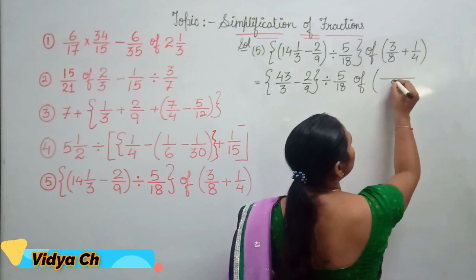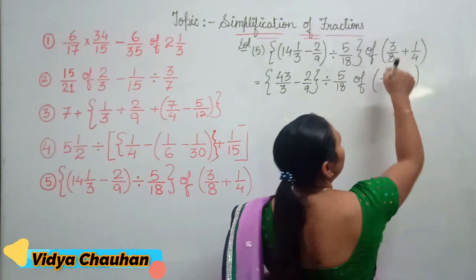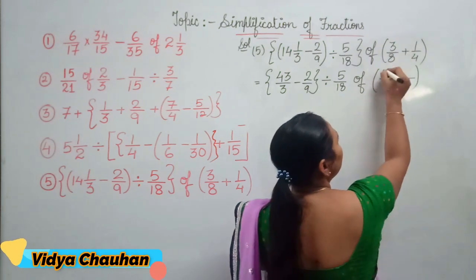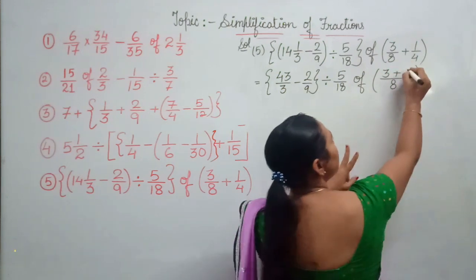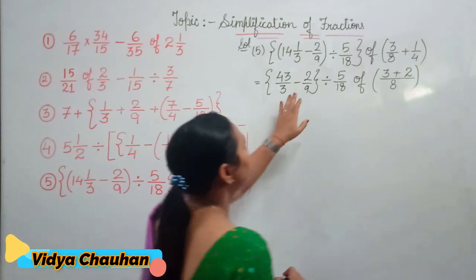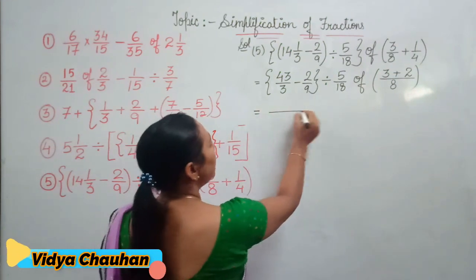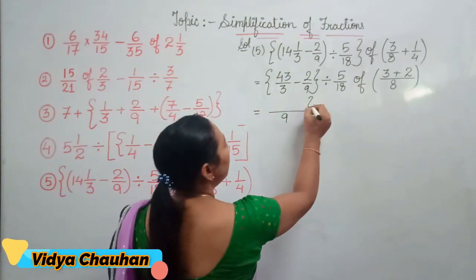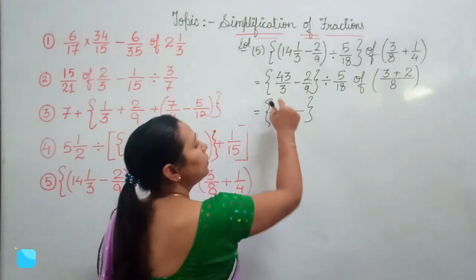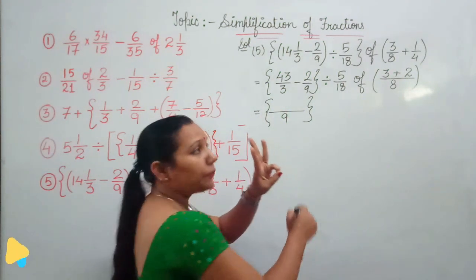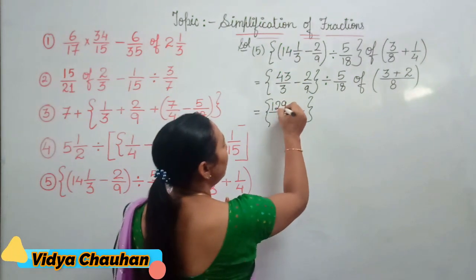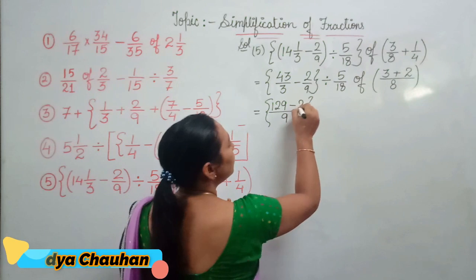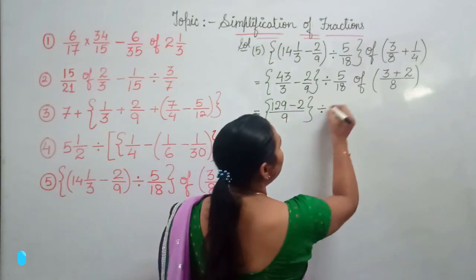8 and 4, LCM is 8. 8 1 times is 8, multiplied by 3 is 3, plus 4 2 times is 8 and 2 1 time is 2. Let us solve the term here also, taking the LCM of 3 and 9. It is 9. Now 3 times 3 is 9 and 3 multiplied by 43 is 129 minus 2, divided by